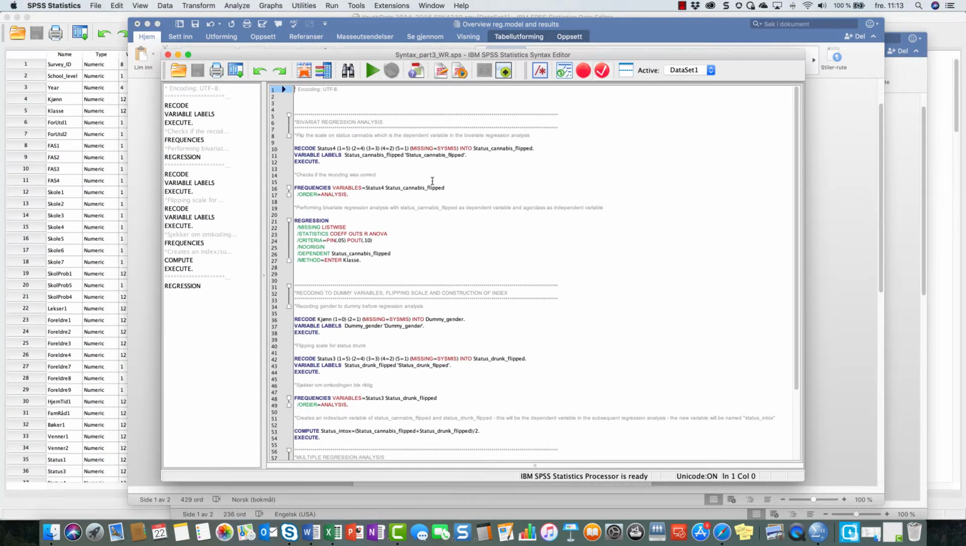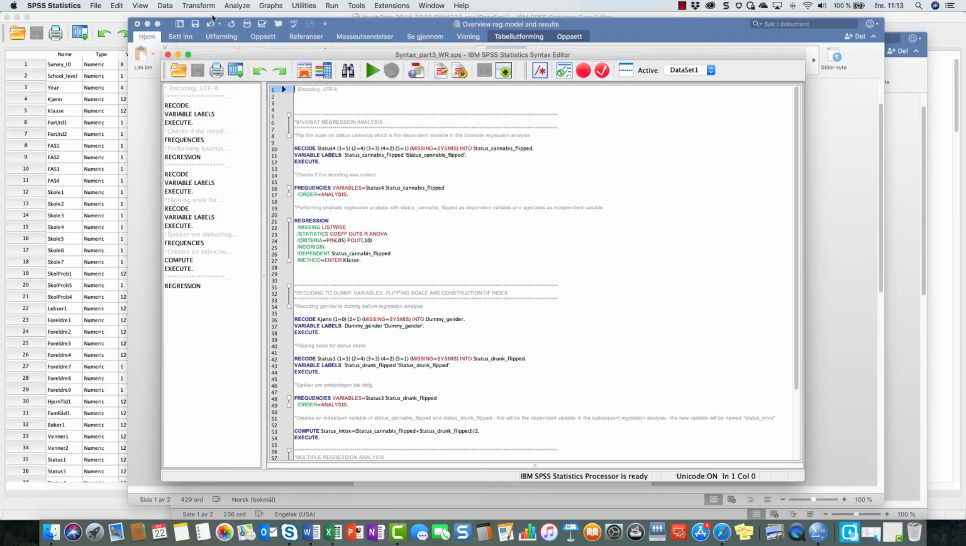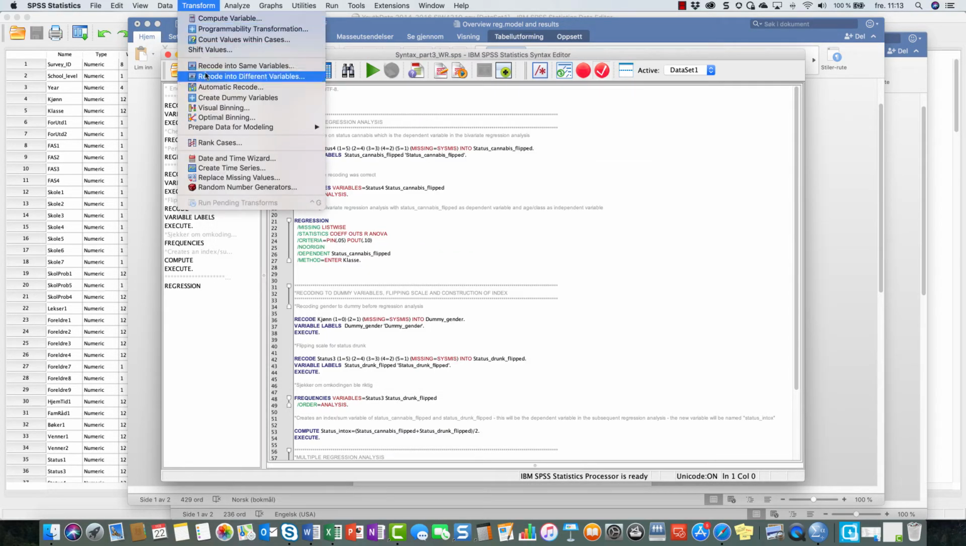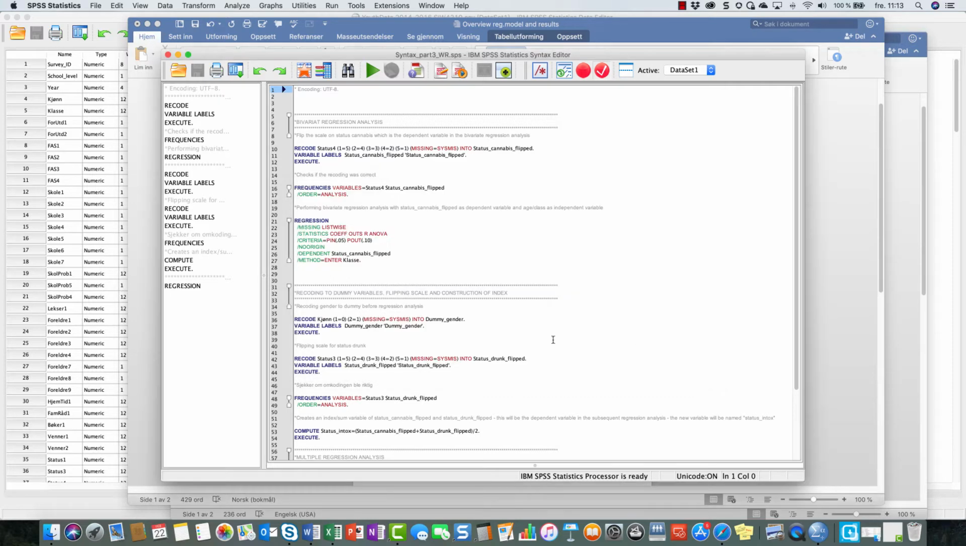Well, if you look at my syntax, the first thing I do, I say I'm going to run a bivariate regression analysis. But first I flip the scale on status cannabis, which is the dependent variable in the bivariate regression analysis. So I do a recode. If you want to do a recode, as I showed you in the previous video, you don't go for compute, sorry. You go for transform, recode into different variable, and you get the whole recode command here. I showed you that in the previous